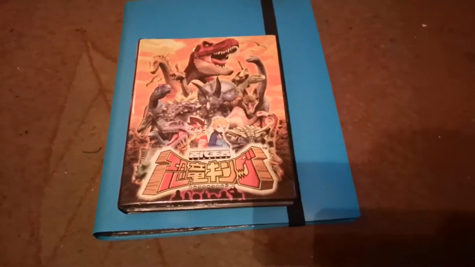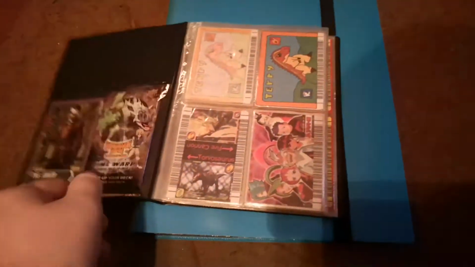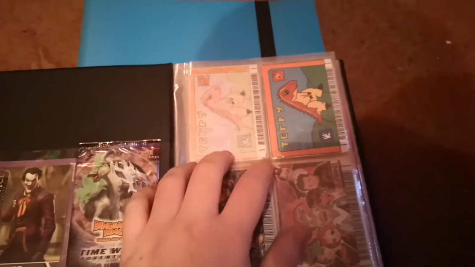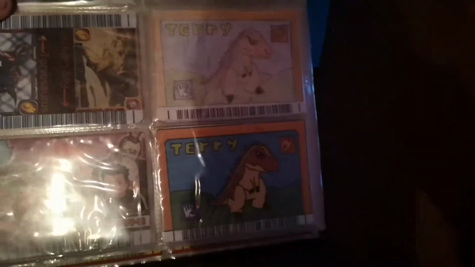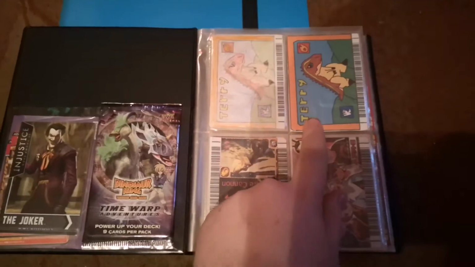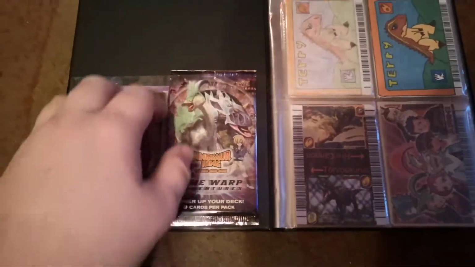So the main change is, well, these in here are the same still, kind of. I made a custom card. I don't think I showed that in the last thing. I made like a little custom card for some reason. I got bored. I got a pencil one and I photocopied this and made an actual one. Another thing I've gotten was